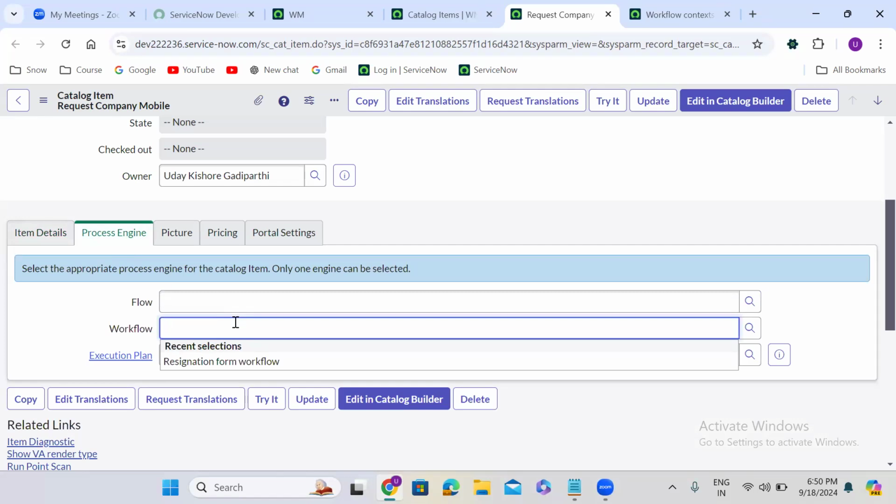When you are creating the workflow for a catalog item, you have to choose the table name as requested item, because if you see, whenever I click on try it here,